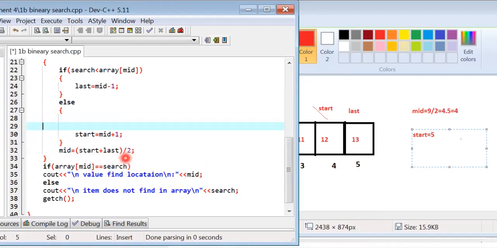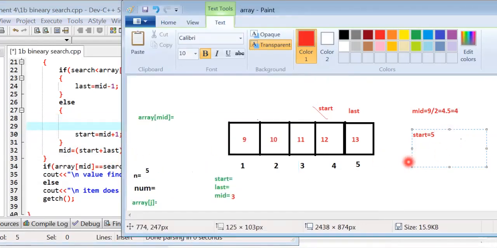Mid equals 5 plus the value of last, which is 5, so 10 divided by 2 is 5.